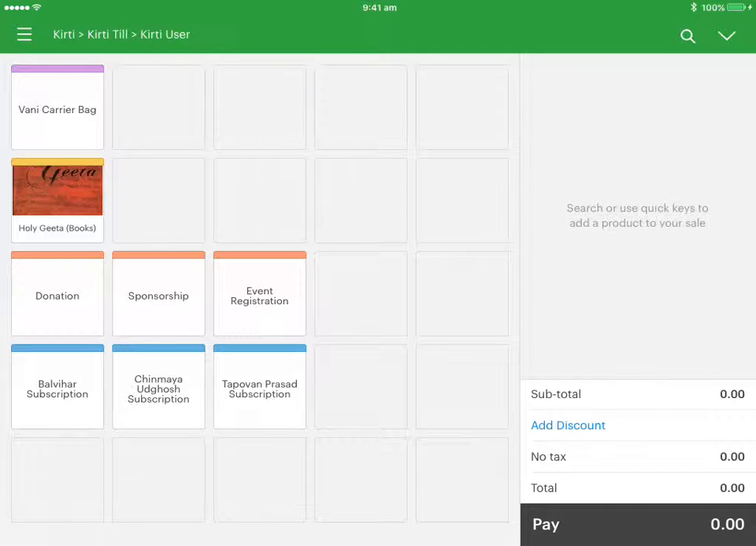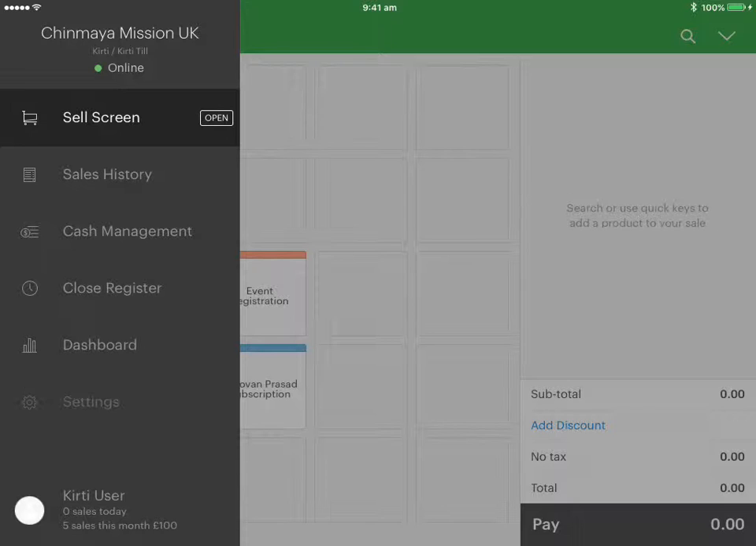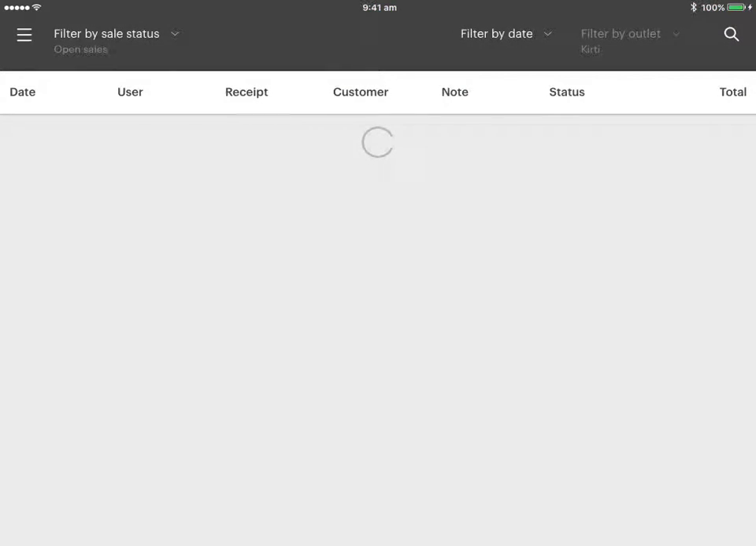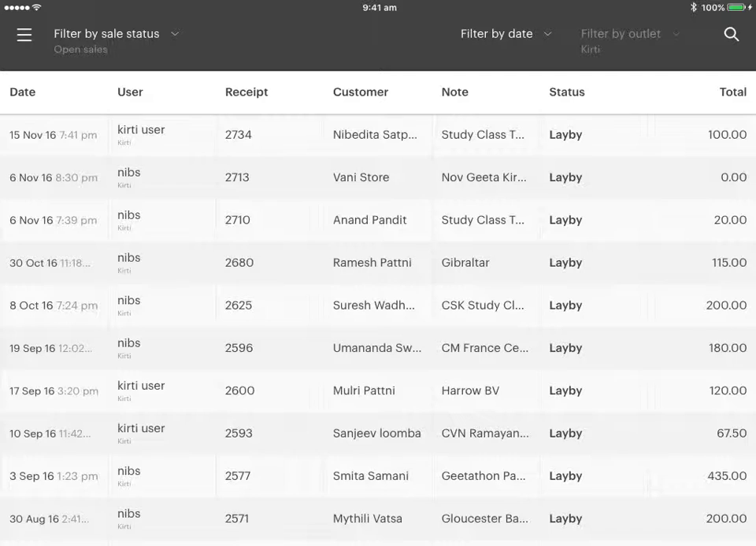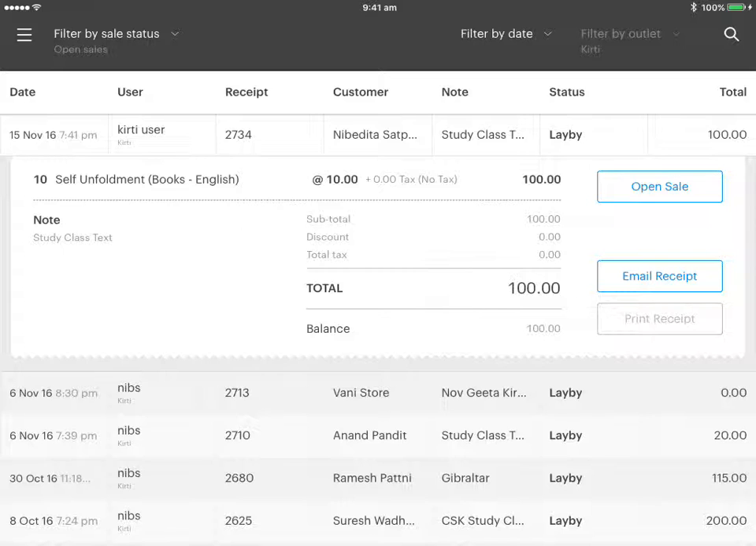that's also possible. So you tap on the little three lines on the top left hand corner, and you go into sales history, which is the second option. Now if you notice, it says filter by sales status on the top right hand menu bar, and it says open sales. So these are the sales which are open. And you can see the transaction that we put through right now has come through already, and it says status Layby. So if you simply tap on that and you say open sale,